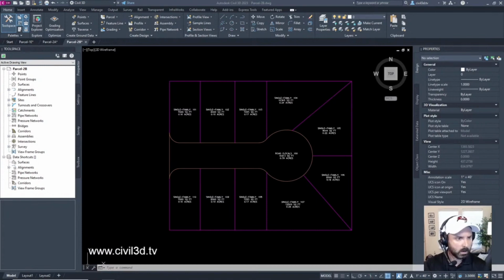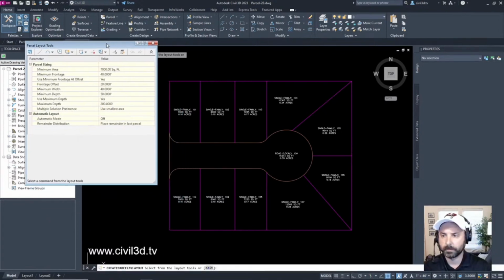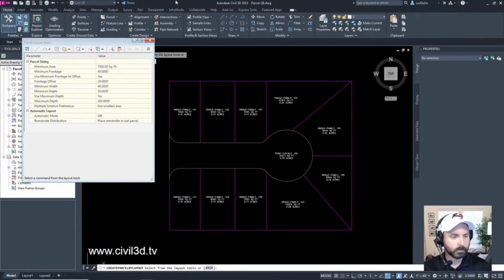In the Home tab, go to the Create Design panel, go into Parcel. Parcel Creation Tools. Okay, everything here, automatic layout.